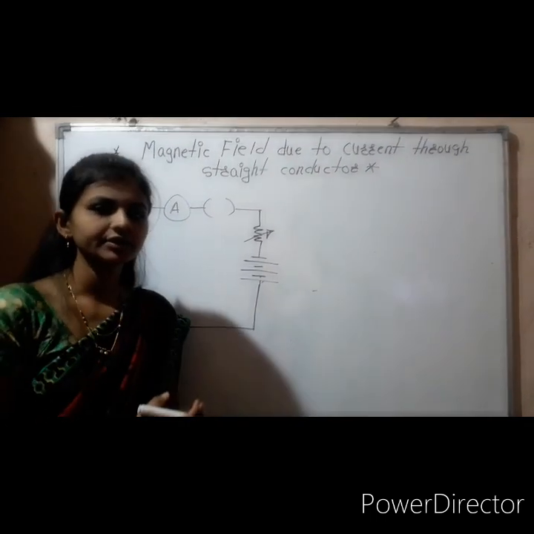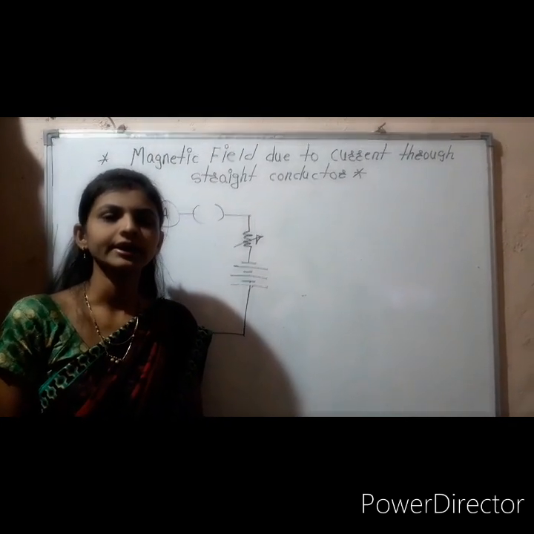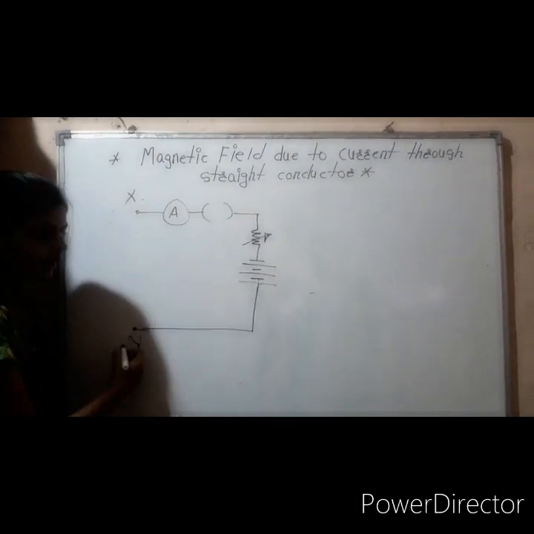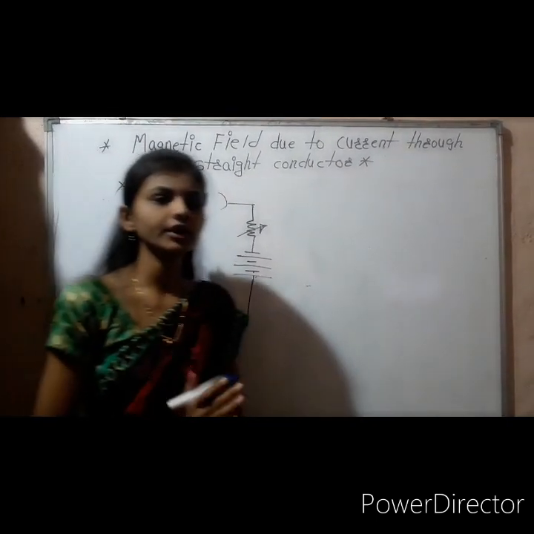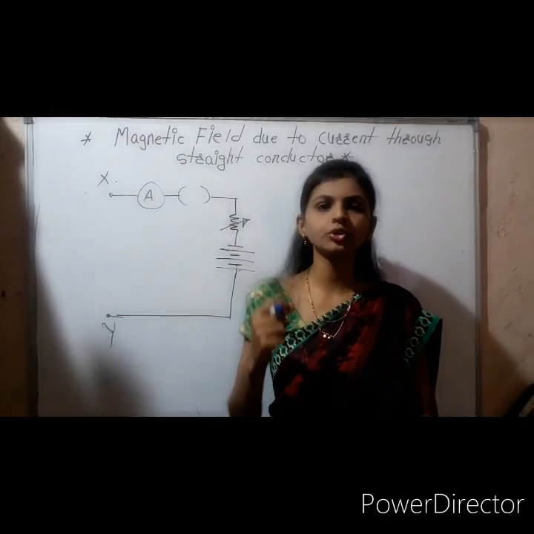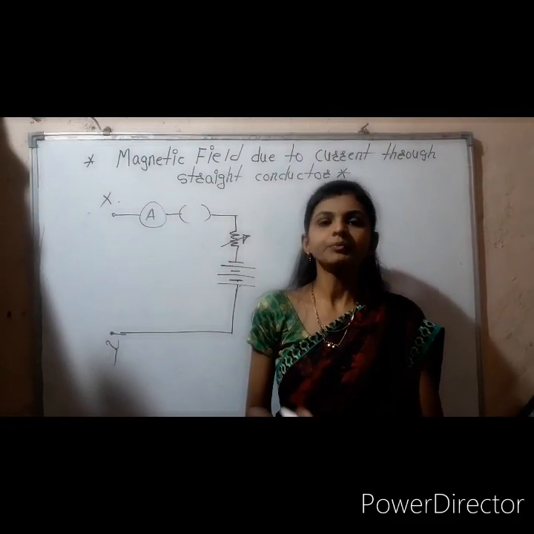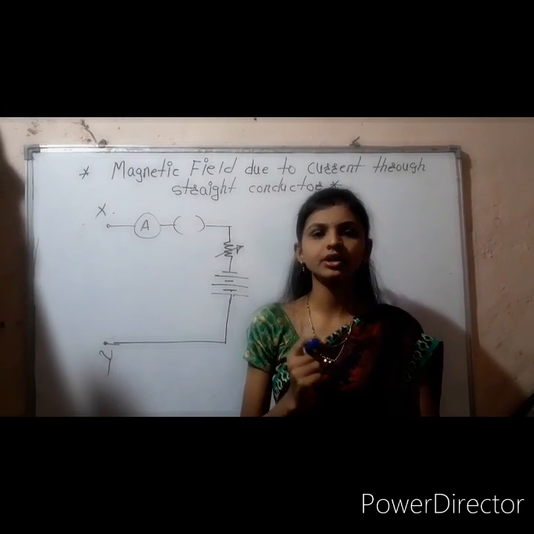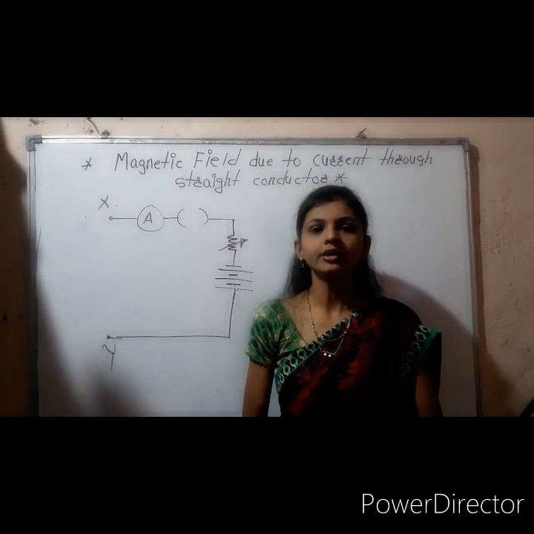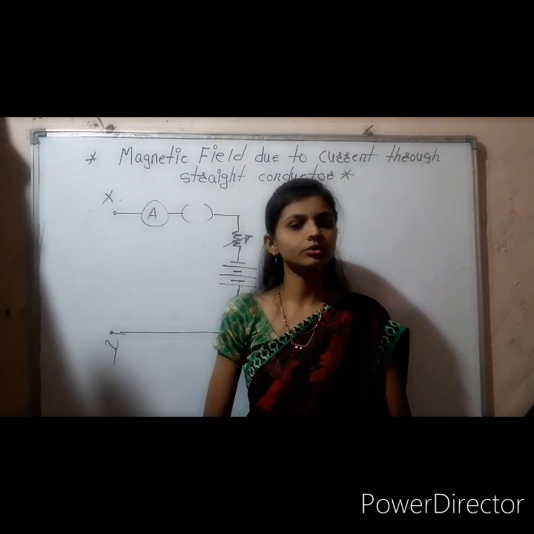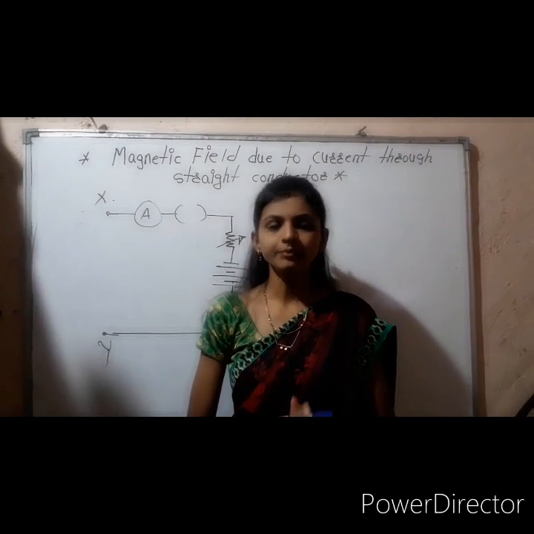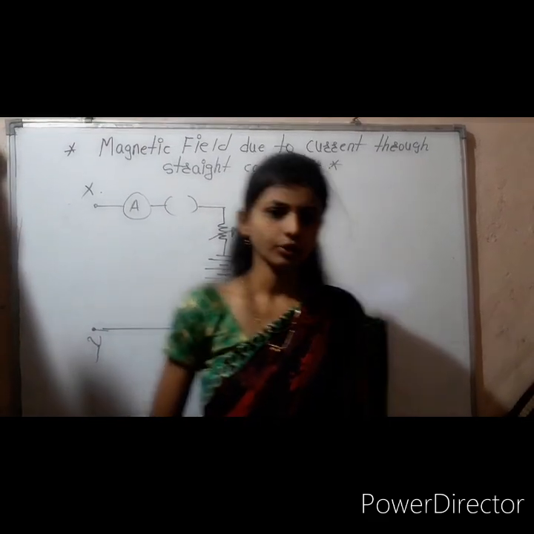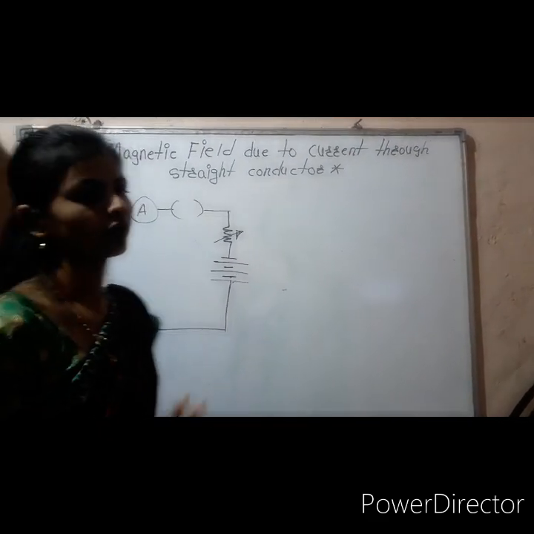In this electric circuit, now we are going to connect one electric rod between point X and Y. Before connecting the electric rod, we have to insert one cardboard onto the electric rod. We have to make a hole in the middle of the cardboard and connect the electric rod through it. One thing keep in your mind, whenever we are inserting the electric rod into the cardboard, the rod and the cardboard both should be perpendicular to each other, and the position of the cardboard should not be moved.